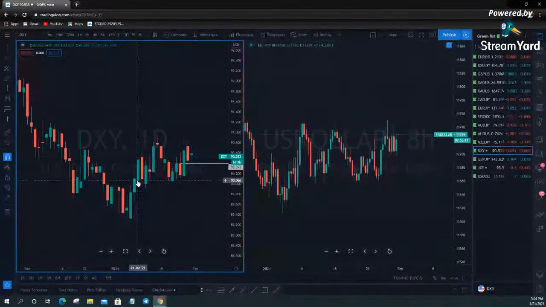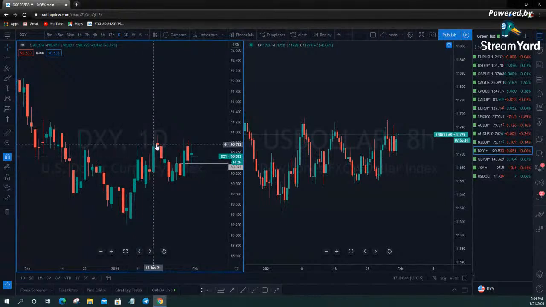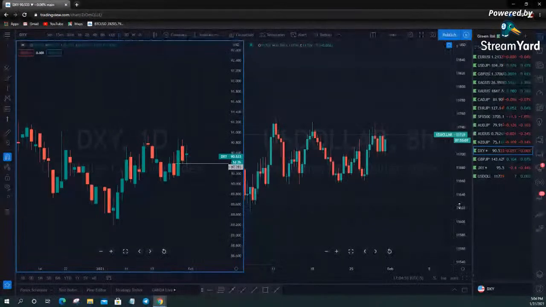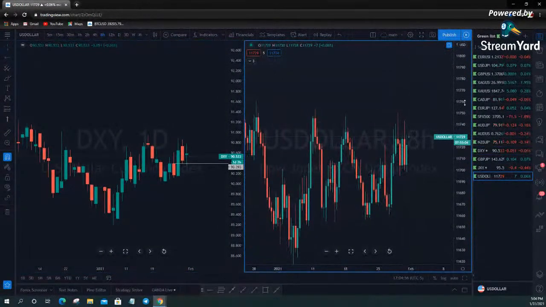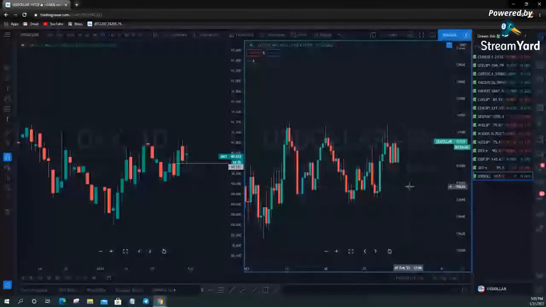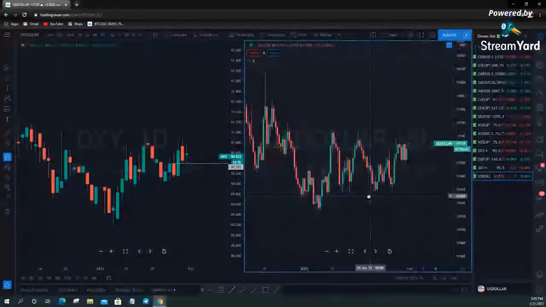It is inverse, but it's not 100% inverse. So basically, whatever direction the dollar's going, you can look to do the opposite on the euro USD. Now, the US dollar index tracked by FXCM is basically weighted evenly amongst the majors: euro, pound, Aussie, and yen, I think. So basically, it's 25% weighted to each one of those currencies. So you will see a difference in the way that it moves.